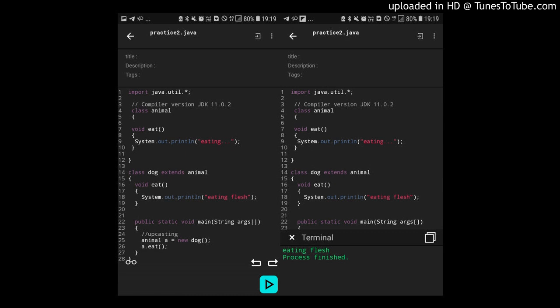Now another thing which I missed out is, inheritance is nothing but an is-a relationship. Also, when we implement an interface using a subclass, that is also a case of an is-a relationship.